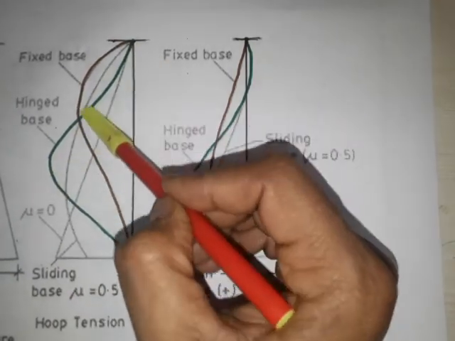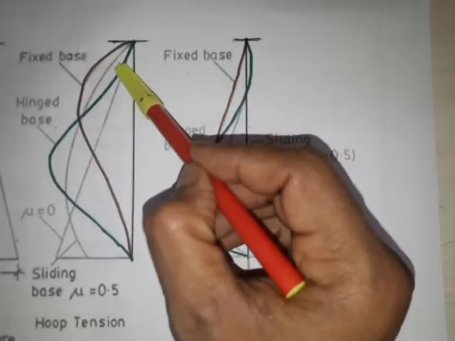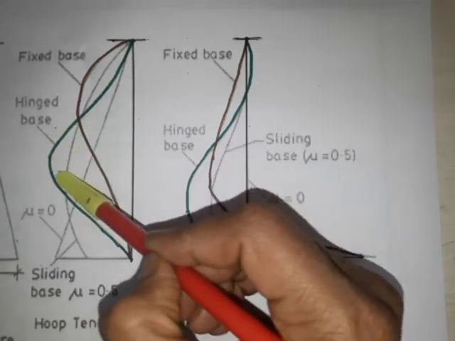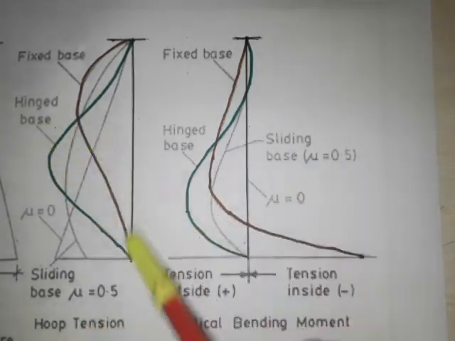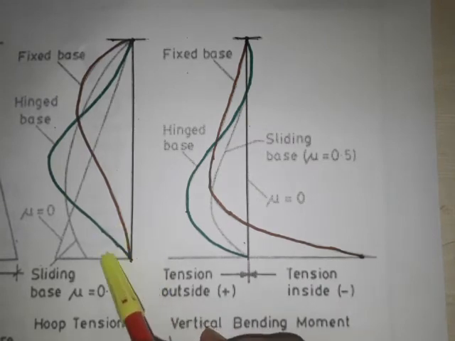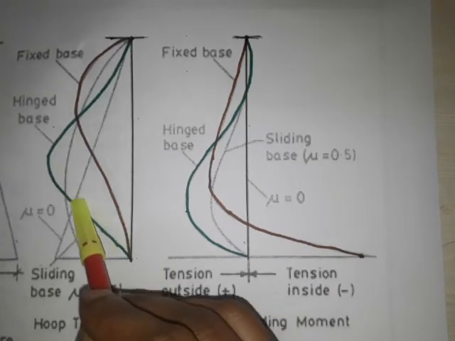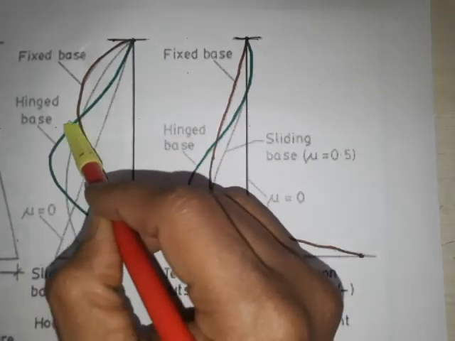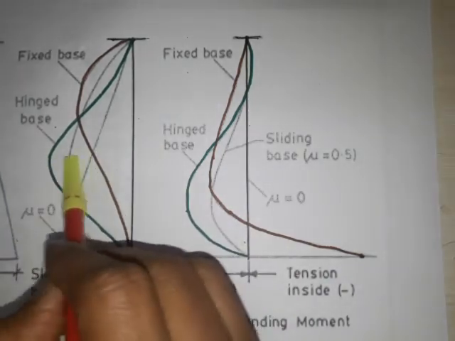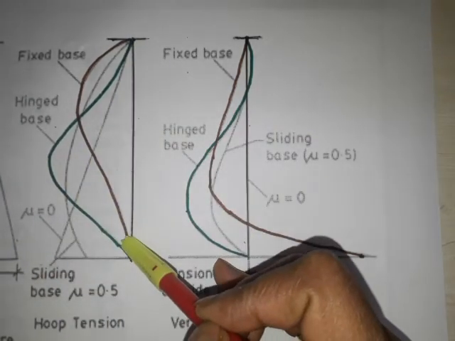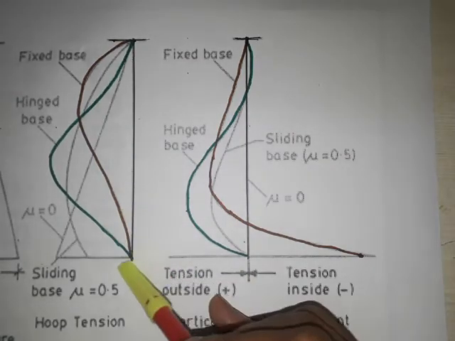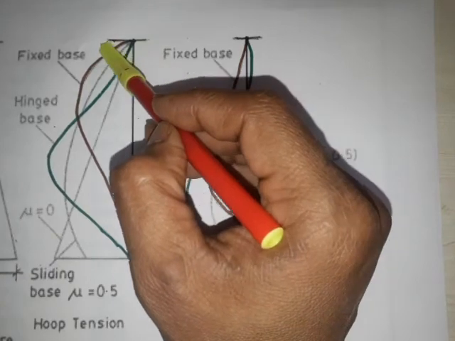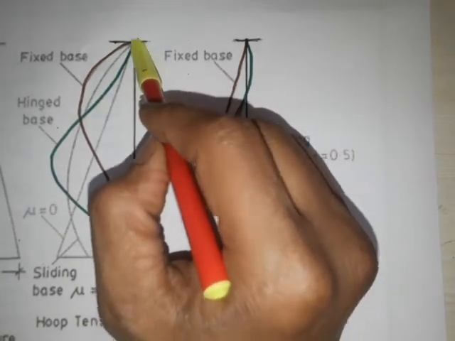Now we have two lines here, one line, another line. In this behavior you can see the bulging or the bending, how it is deflected. It is because of what? Hinged base. Because at the junction the wall is allowed to bulge or bend or deflect. That's why we can see the maximum deflection at midspan here, because it is a flexible base. And if you see the fixed base, here it is restricted at the junction, the wall is restricted. So what will happen? We can see the maximum deflection towards the top of the tank.